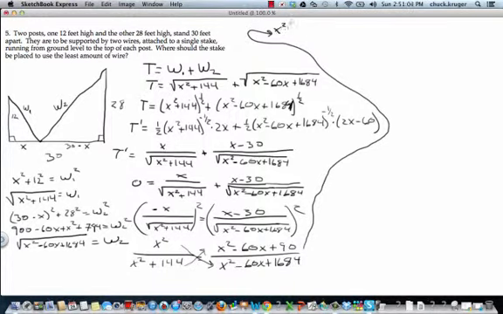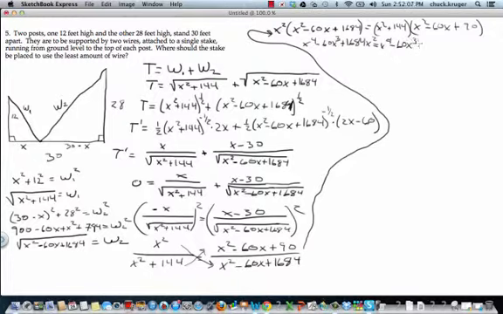So I'm going to have x squared times x squared minus 60x plus 1684 equals x squared plus 144 times x squared minus 60x plus 900. And when I multiply this side, I'm going to get x to the fourth minus 60x cubed plus 1684x squared. And over here, if I multiply this out, I'm going to multiply first by the x squared terms, and then by 144, so I'll get x to the fourth minus 60x cubed plus 90x squared